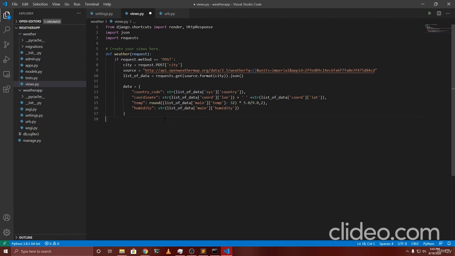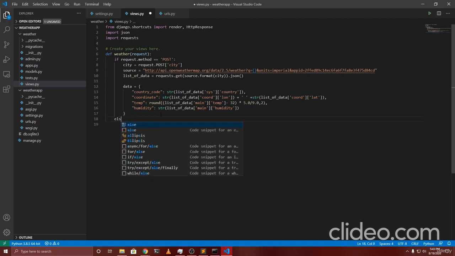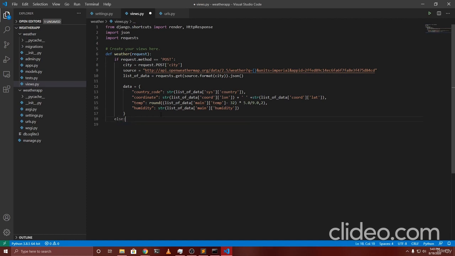After that, this if part is over now, so we will add an else part for it. We will add else if there is a post request coming to this website from the form, so then only we are going to be returning this data, which is the weather data. Otherwise we are going to be returning a blank data string. So we'll add data equals to a blank dictionary, and after that at the end of it we are going to be adding a variable that will be return render,